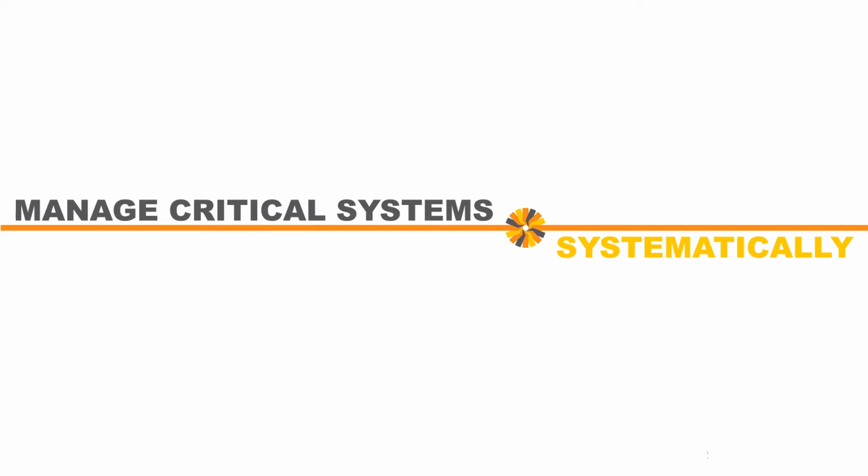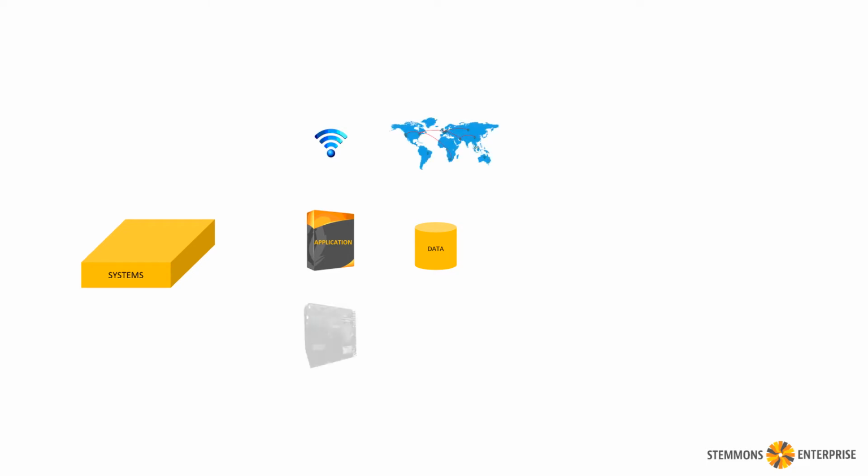Today we're going to talk about how Stemmons Enterprise can help you manage critical systems systematically. Systems can be many things. It can be an application or data. Of course, companies have many of those. But it could also be something like a Wi-Fi implementation or a global network, a data center, or a piece